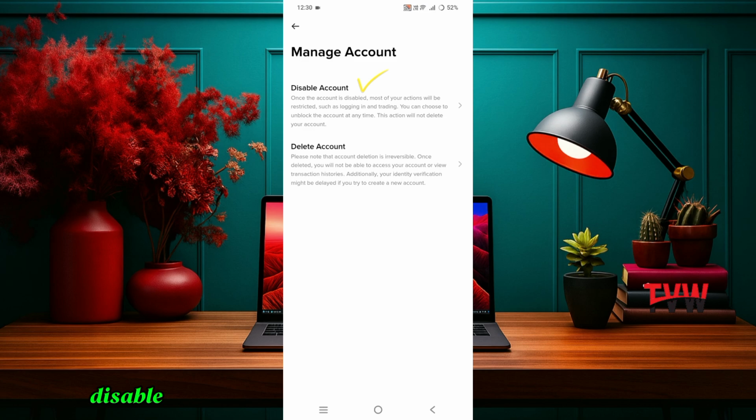If you select Disable Account, your Binance account will be temporarily disabled. That means you will not be able to log in, trade, or use most features. But don't worry, this option is not permanent. You can reactivate your account anytime just by signing in again. This is a good choice if you just want to take a break or want to keep your account safe